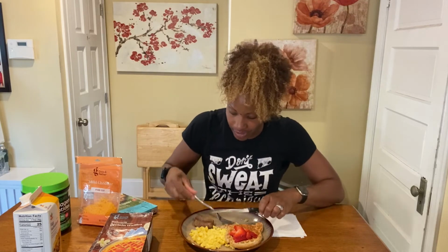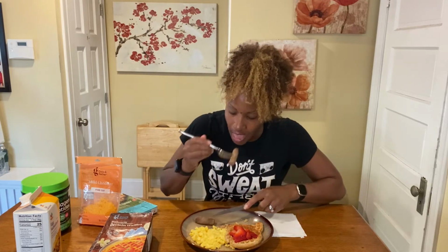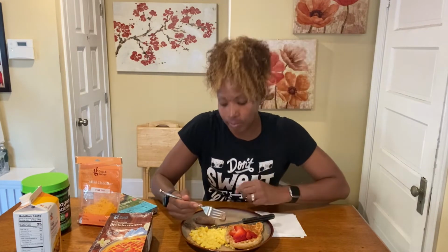Let me get a little bit of that real quick. Now these here, you can heat them up on a skillet, griddle, whatever, or you can pop them in the microwave. Make sure you put them on a medium setting because they will get tough. And it tells you that on the package, but you probably don't always read the package. You just pop them in the microwave and you will be disappointed. It will be tough to chew. But these are cool. You see, they're not too big, all right? And I mainly go with turkey and chicken products, like these here, as you can see, are turkey products, right? Now,